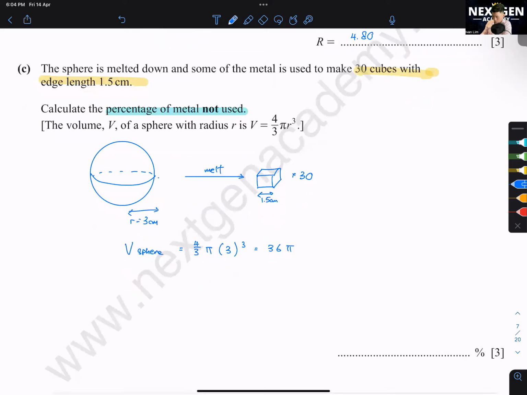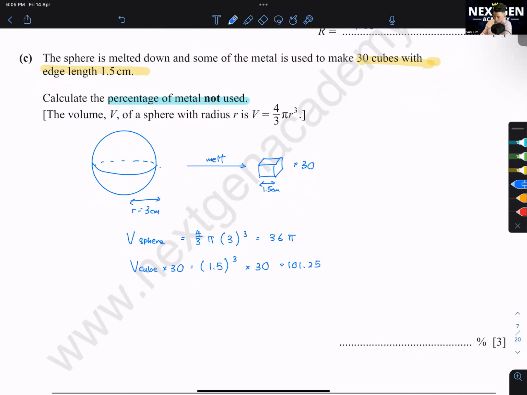And then the volume of the cube. We multiply this by 30. What will we get? 1.5 cube, or 1.5 times 1.5 times 1.5 times 30. You get 101.25. So metal not used